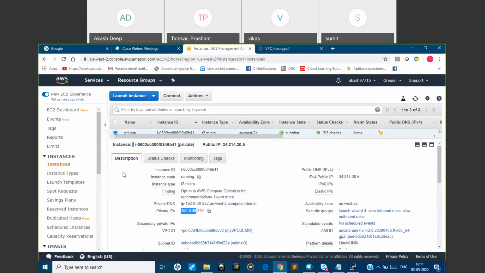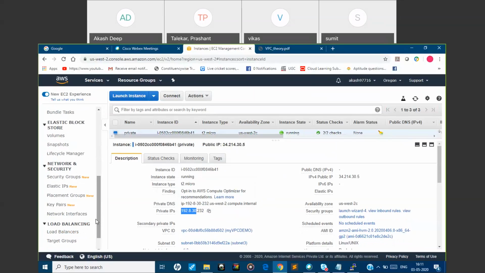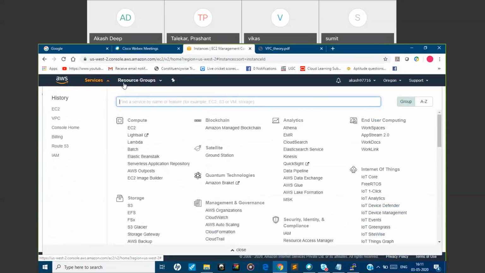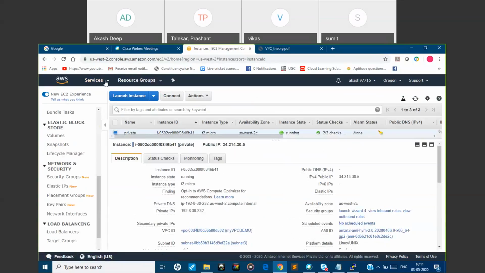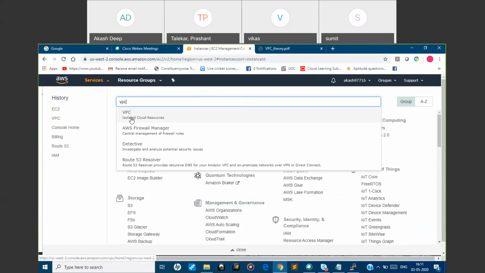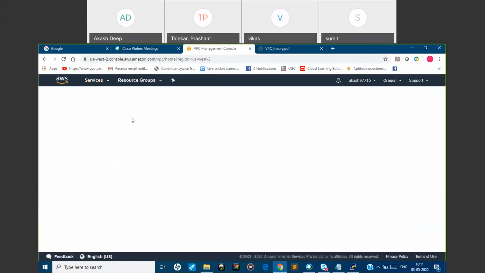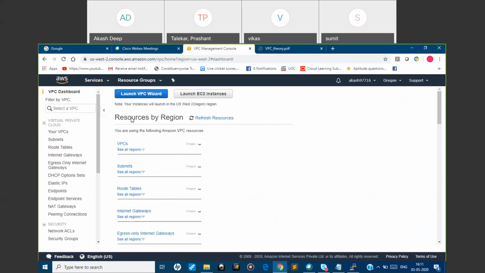If you go to your VPC, try to remember this 192.8.30. Yeah, I remember, there we had given 192.8 at the start, right? I will show you also. Basically, the range we had given got assigned to our